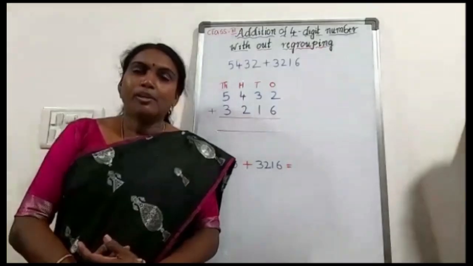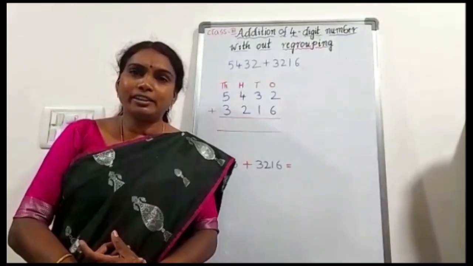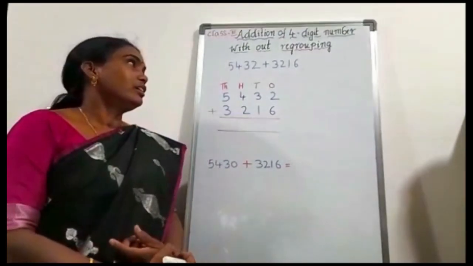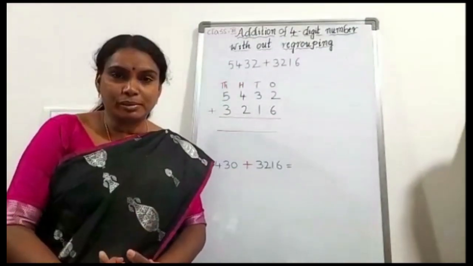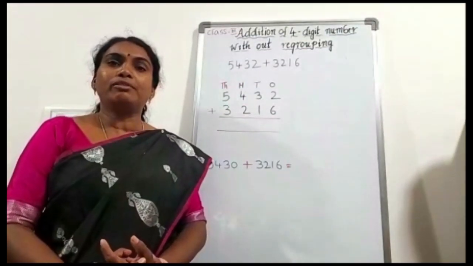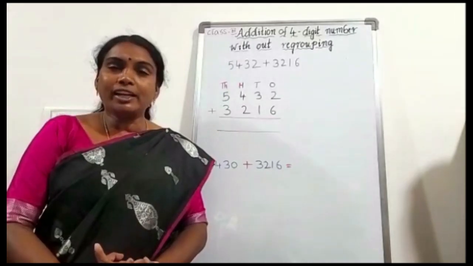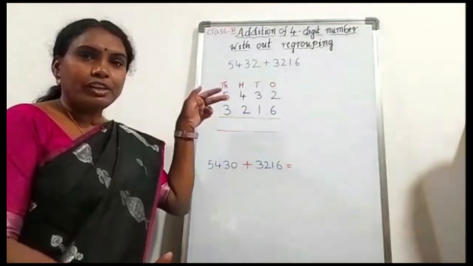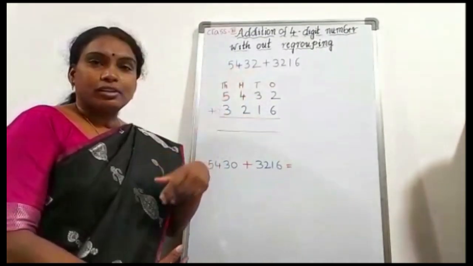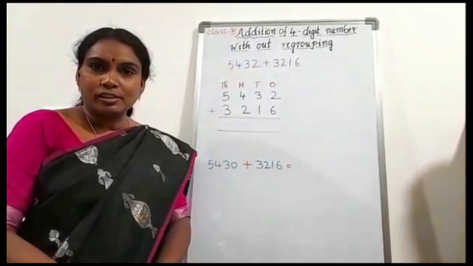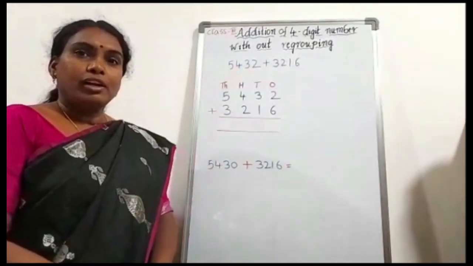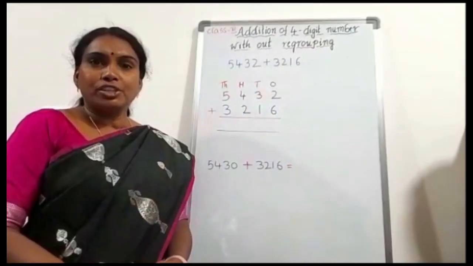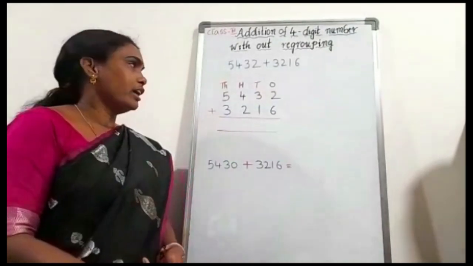Yes children? The method of adding 4-digit numbers is the same as adding 3-digit numbers. Let us see one example. Here they gave two 4-digit numbers. To add these two numbers we have to write one number below the other exactly according to their places. Already we have arranged the two numbers according to their places in columns. Isn't it? Now adding, only left, first we add the ones column. Why? Because addition should always start from the ones place. So we add the ones column.